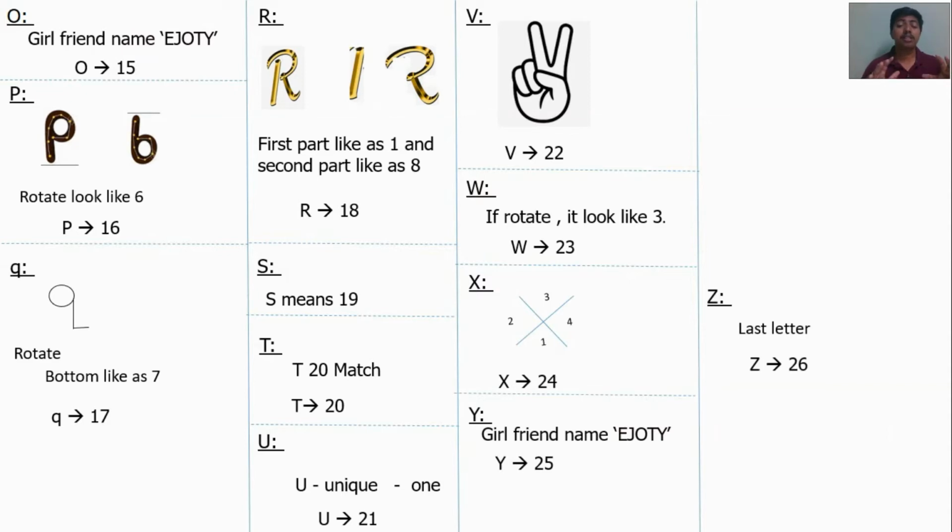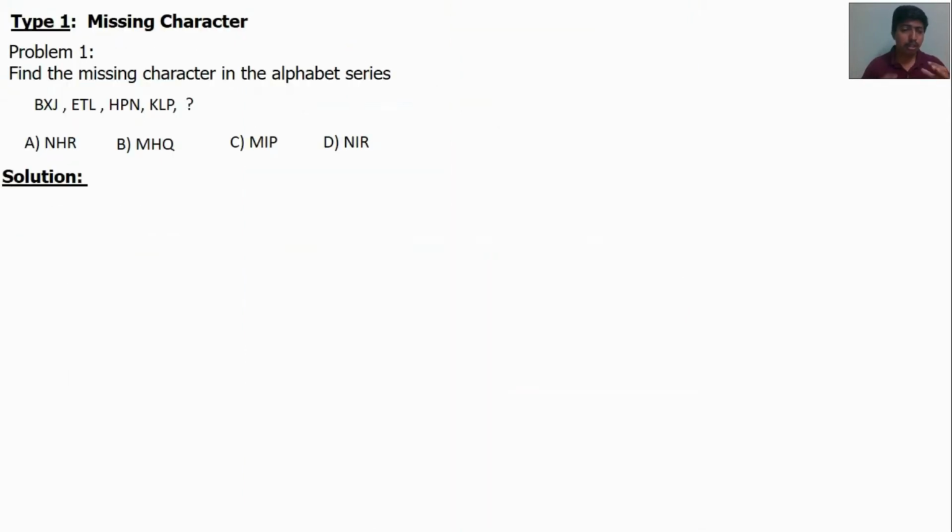Just remember these positions. Don't count the letters each time. If you count, it takes a long time. Recollect these concepts and tell the position within 1 second. Then only can we solve this problem very quickly. Otherwise, the problem will confuse you. So now we will solve 3 different types of problems.